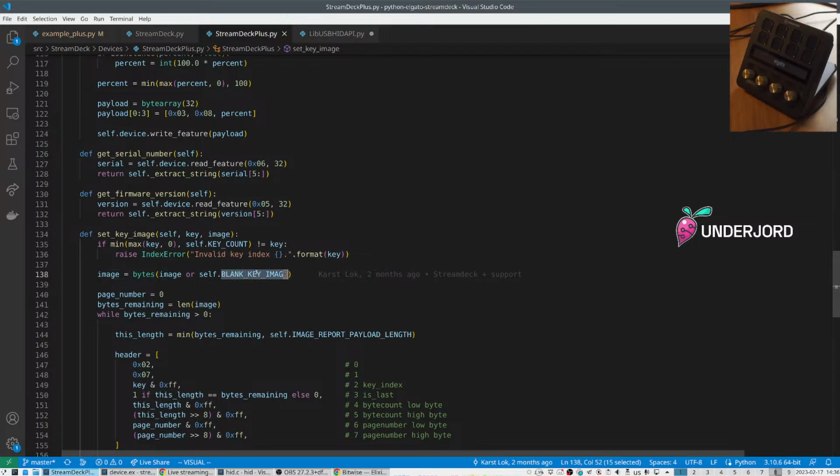oh, this might actually be a special binary for setting a blank key rather than an actual black JPEG, because a JPEG is never going to be as good as just blanking in the hardware. Huh, hadn't thought of that, but that's good. So